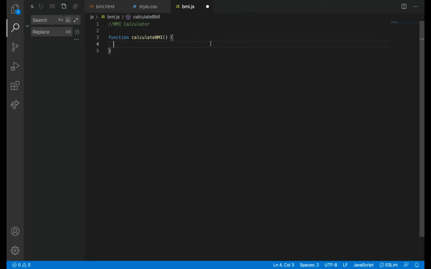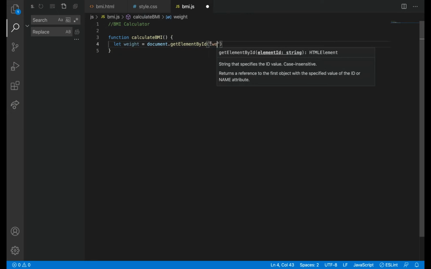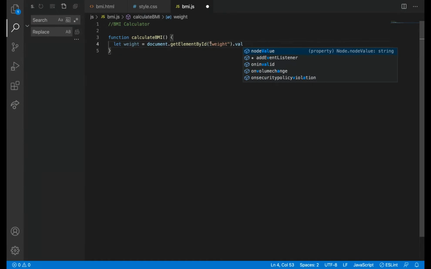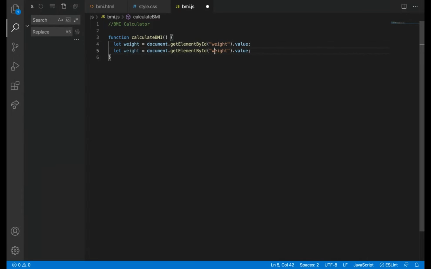What I'm going to do is get it in a variable: let weight equal to document.getElementById. The ID is weight, I think, so weight dot value. Then height dot value, I'm going to add height.